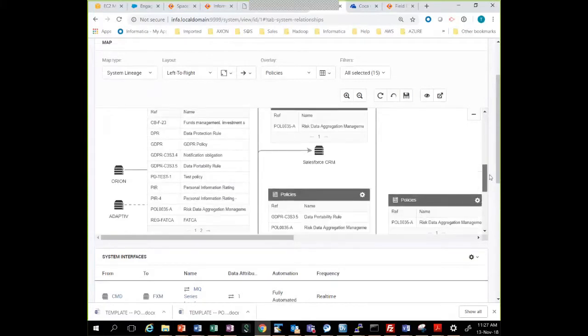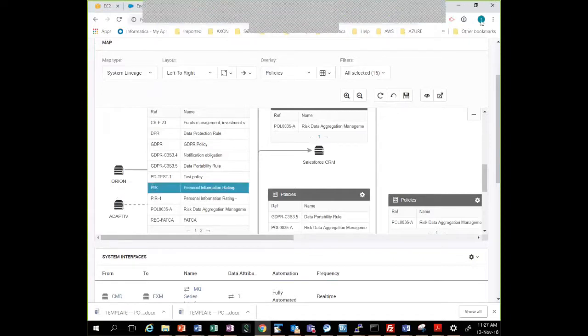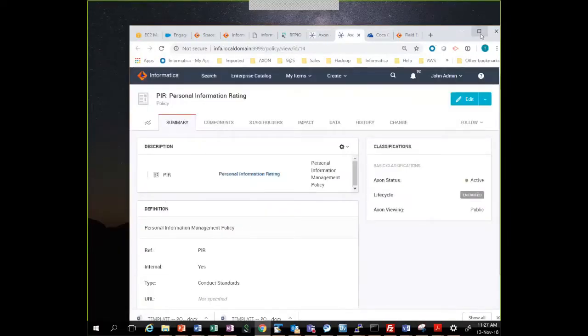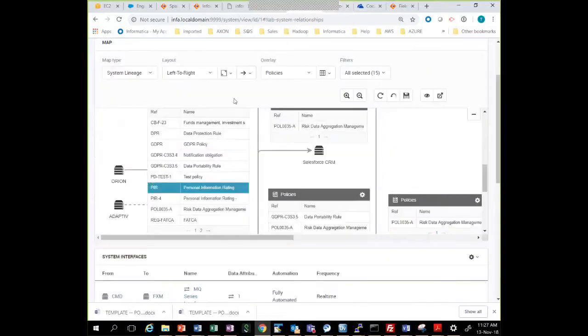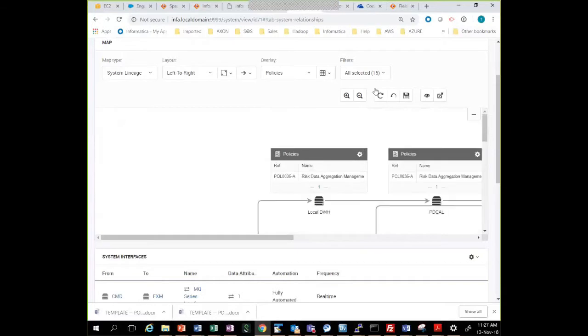Here are the policies on CMD. I can see personal information rating. I may want to look into that. We can look into that, highlight that, open that up on another screen. And there I am on the personal information rating. Just going back to